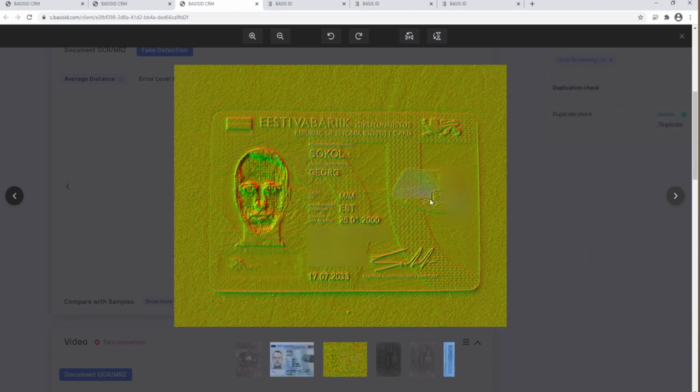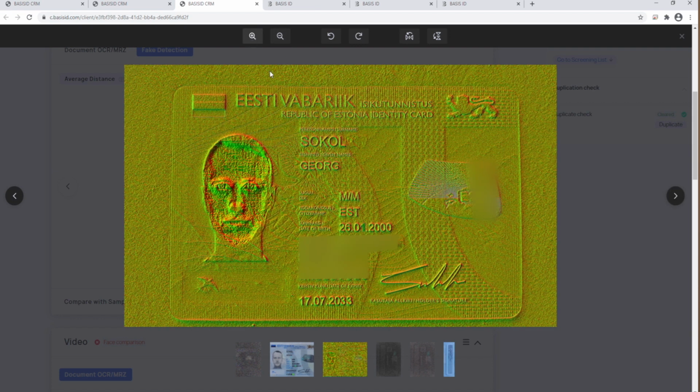Next tool is the luminance gradient analysis. This tool has a dual nature. First of all, it allows us to detect security features of the document, such as holograms. They're much more highlighted than in the original image. That's one. And the second approach to the luminance gradient is that it